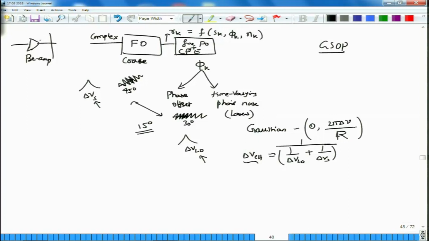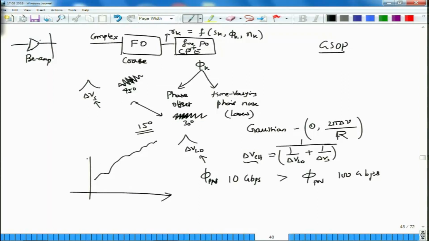It is interesting to note that the variance of this phase noise is inversely proportional to R, which means the phase noise, which I have written as Pn, for a 10 Gbps system is going to be higher than the phase noise for a 100 Gbps system. This is surprising, but the root of this difference lies in the way the phase itself behaves. If you look at the phase trajectory of a laser, this is the phase and this is with respect to time, the phase trajectory of a laser exhibits some dependence in this form, but then R corresponds to 2 instants in time, and the phase difference is what we are looking for.